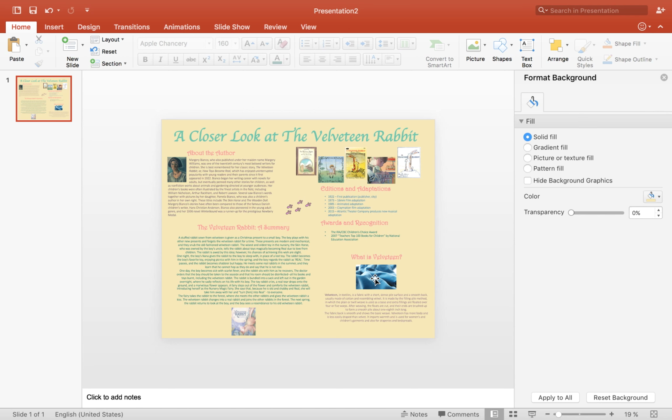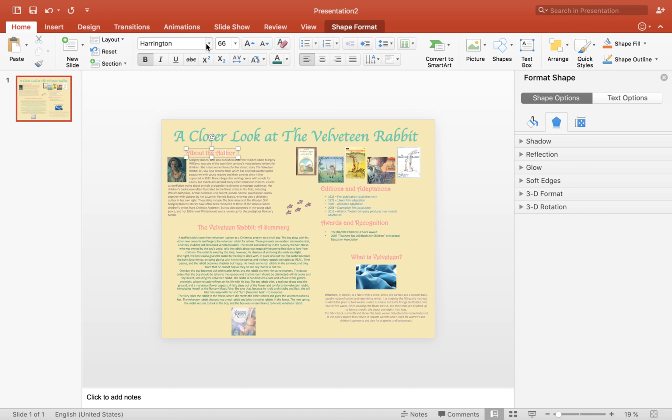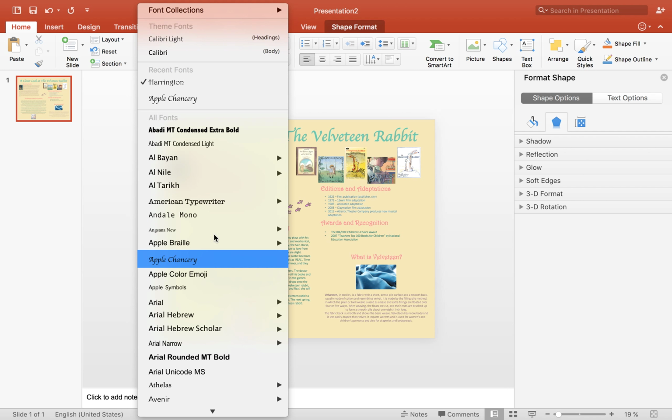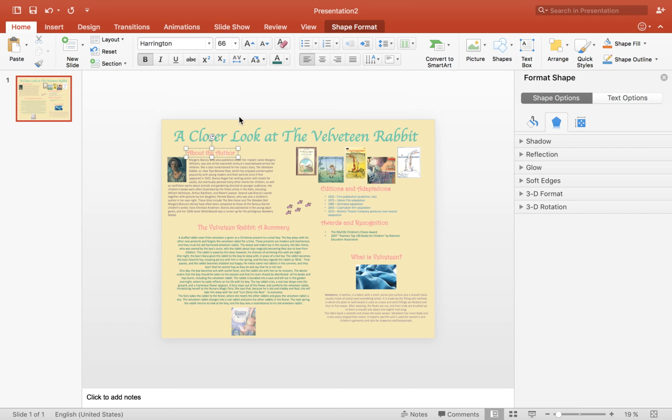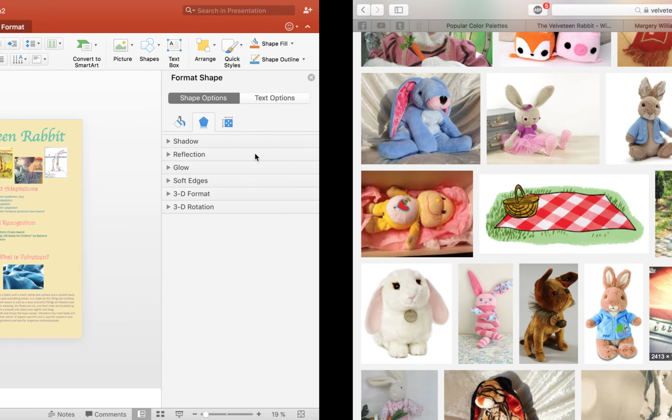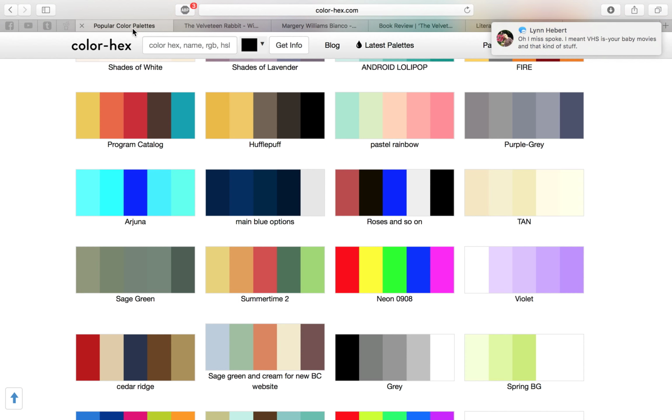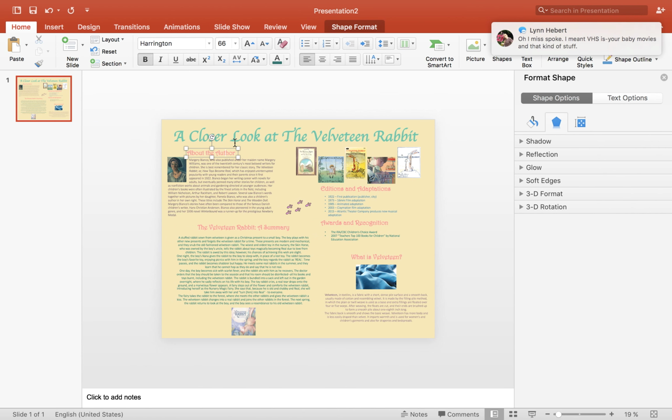So what I did is that I put in my titles for my sections, and then I chose a color and a font. So for this, I went up here and I just looked through my fonts list and found this Harrington font that I liked, and I selected that. And then I chose a size that's a bit smaller than my title, but still fairly large, so I went with a 66 Harrington. And then for the color, I just came back over to my color palettes and used the pastel rainbow and used this brighter color in the pastel rainbow, doing the same way of copying over that